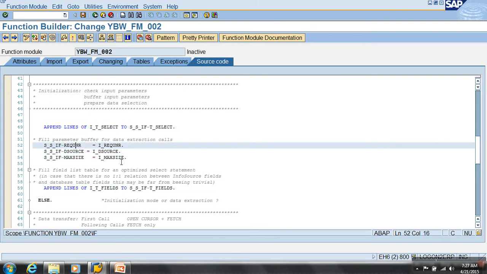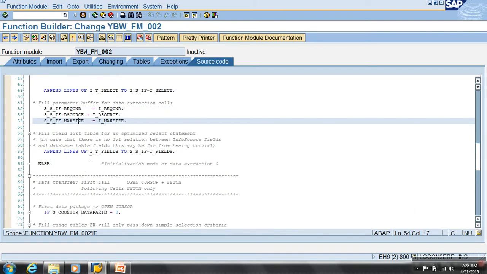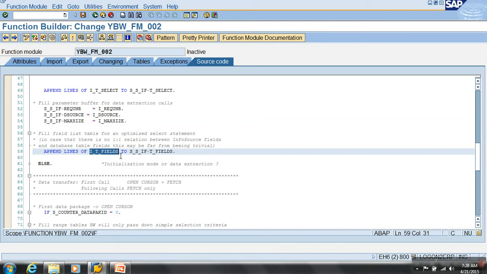Data source I am putting in data source. Max size I am putting into max size. Then whatever fields I have got in I_T_FIELDS I am putting into S_IF-T_FIELDS, because these are like global variables. So even if my control goes out of my function module and comes in again and again, those will still be stored.